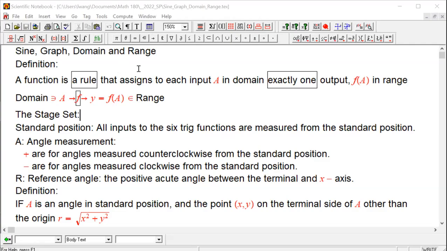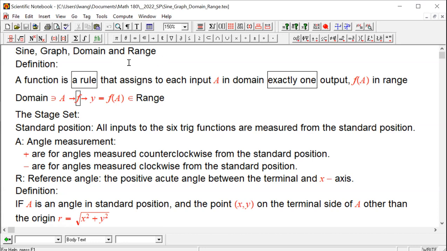Welcome to this lesson. In this lesson, we're going to talk about the sine function, its graph, and its domain and range. Before that, we'd like to review the definition of a function. At the beginning of the semester, we talked about the definition of function. And here we have been talking about functions, the functions we used to know,